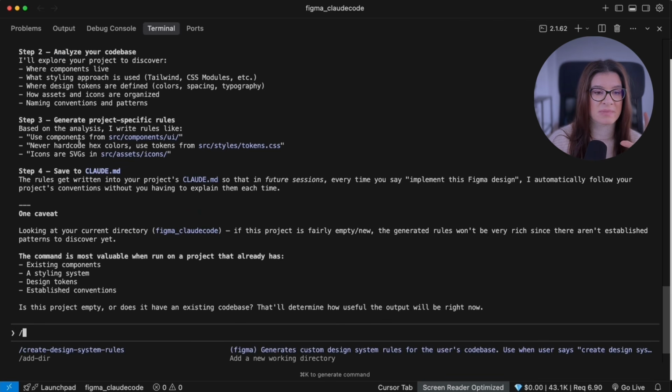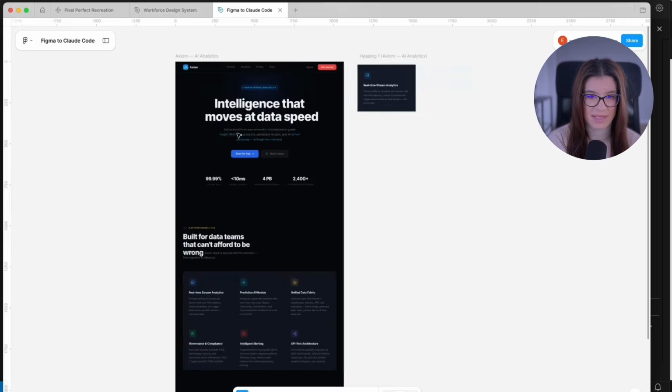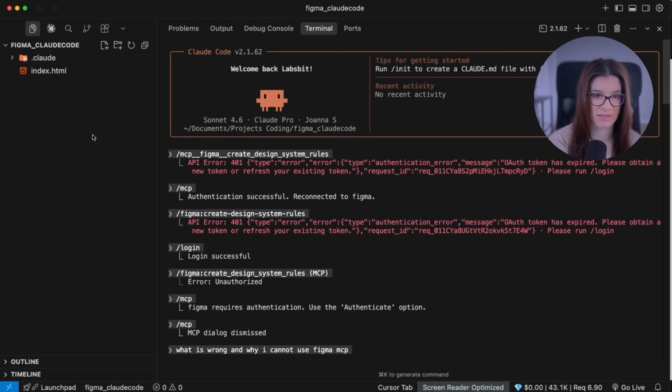For instance, use specific components from the components folder. Never hard code hex colors. Use the tokens from the tokens folder. Use the icons from here. So all these stylistic decisions that the AI needs to follow in order to generate the UI, the design according to our style guidelines. The thing is, our website that we generated before, as you can see here in the files,